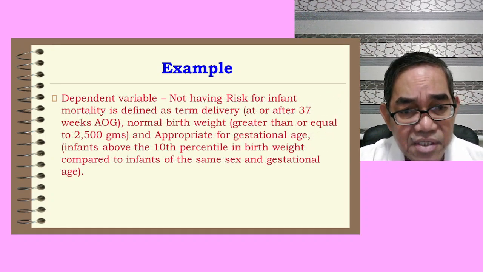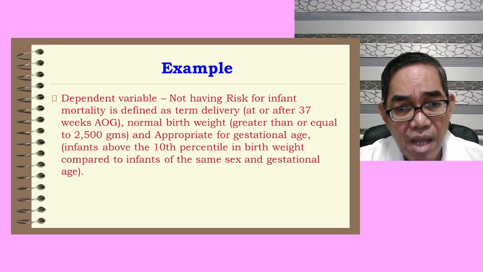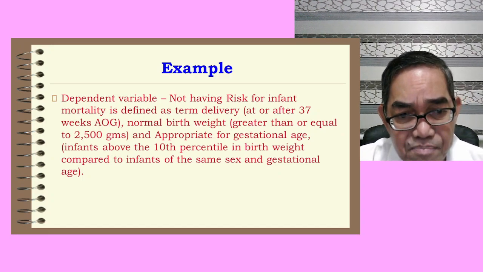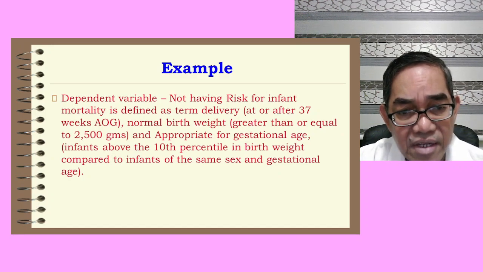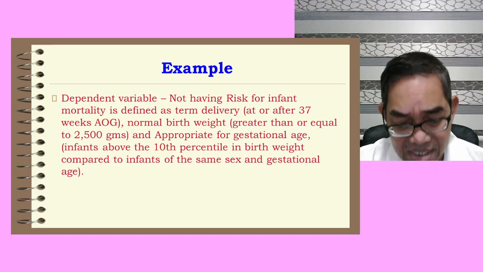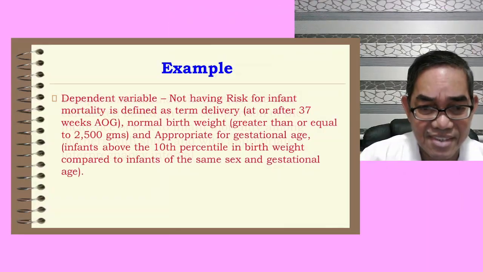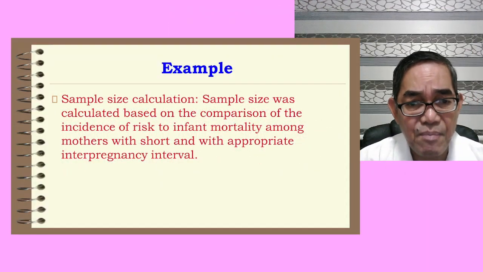Now, not having risk is defined as term, so 37 weeks and above, normal birth weight, 2.5 and above, and appropriate for gestational age, beyond the 10th percentile. So appropriate, there is nothing abnormal, so not having risk for infant mortality. Since our dependent and independent variables are both qualitative, the statistical test that we will use is the chi-square test. Now, with sample size calculation,